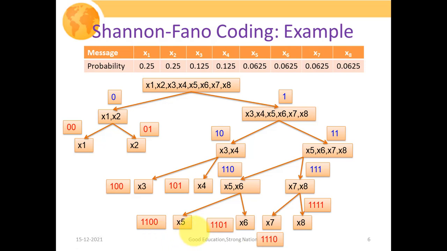So now we don't have any subset left, and if you closely observe, we have already obtained the individual coded values associated with the different symbols. That is, for x8 we'll be having the code word 1111, for x7 we will be having 1110, for x6 we will be having 1101, and for x5 we will be having 1100, and similarly for x1 we will be having 00, for x2 we will be having 01, for x3 we will be having 100, and for x4 we will be having 101. So if we closely observe, we have actually found distinct codes corresponding to different symbols. So this is how we have to perform this Shannon-Fano coding.